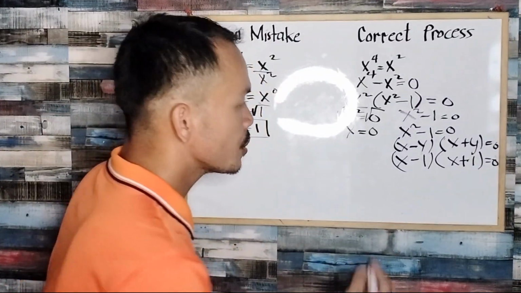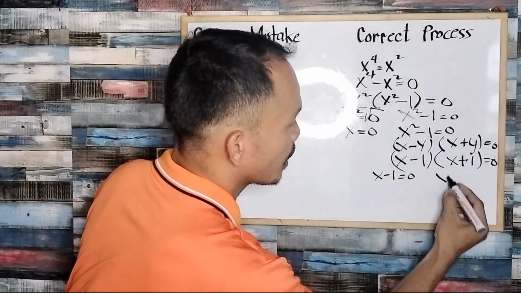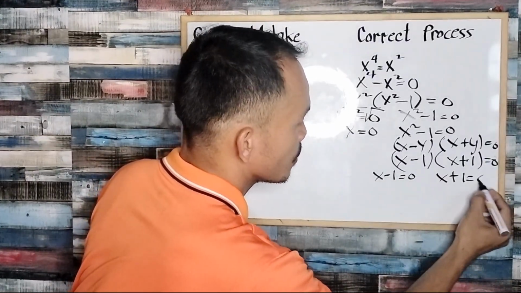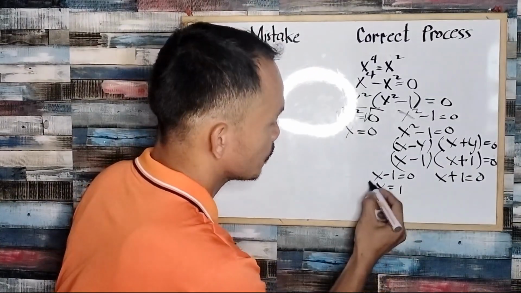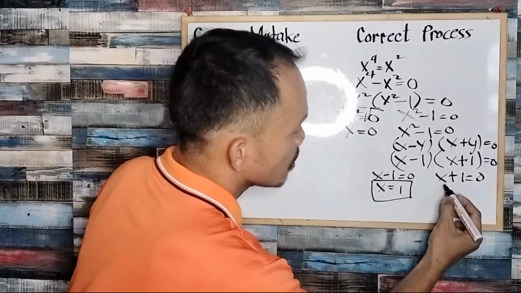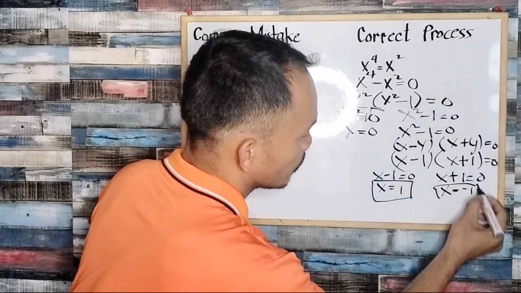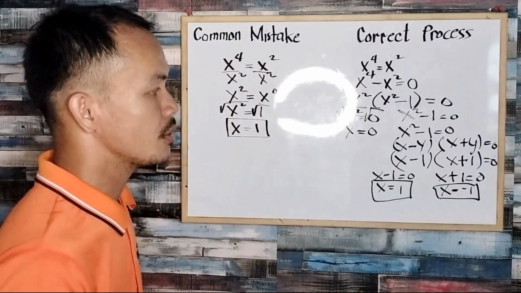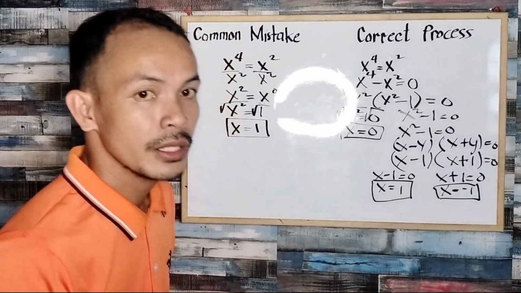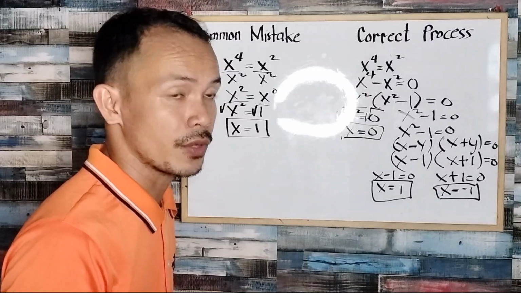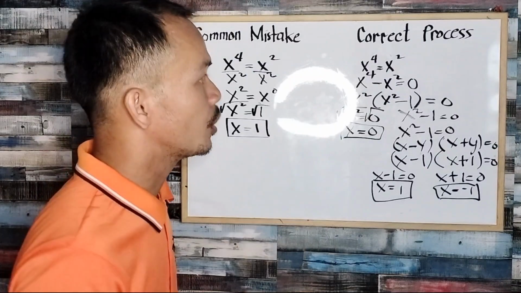So the second solution here: x minus 1 is equal to 0 and x plus 1 is equal to 0. So we transpose this, so that will be x is equal to 1. This is the second. And x is equal to negative 1. This is the third solution. So we have here x is equal to 0, x is equal to 1, and x is equal to negative 1. So these are the three solutions of the equation x to the power of 4 is equal to x